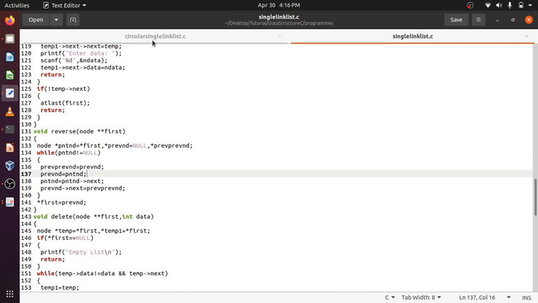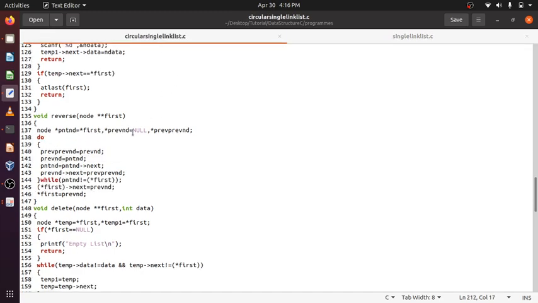After the first iteration it will point to the second, it will no longer point to the first if it is not a single node. If it is a single node it will point to the first, but then reversal is not required. If it is not a single node, then after the first iteration it will be pointing to the second or the third.